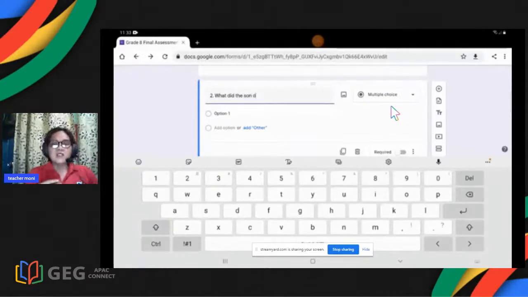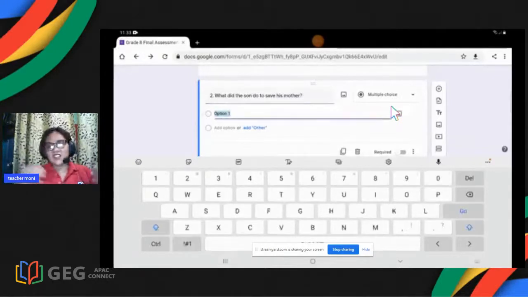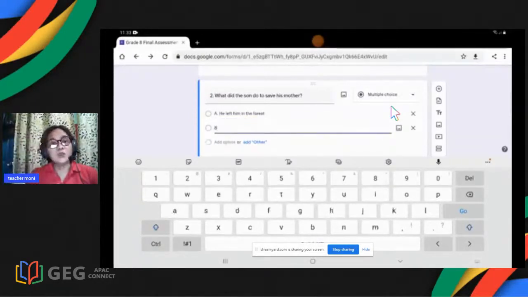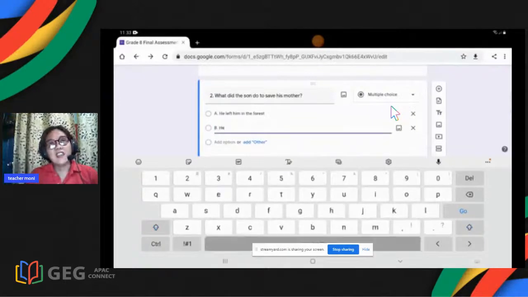And we made just 5 test items first. We exchanged and then answered, because it's more important that it's not just theory. You really have to do it. So you do not just listen or watch the video, but you really have to work it out for you to further understand